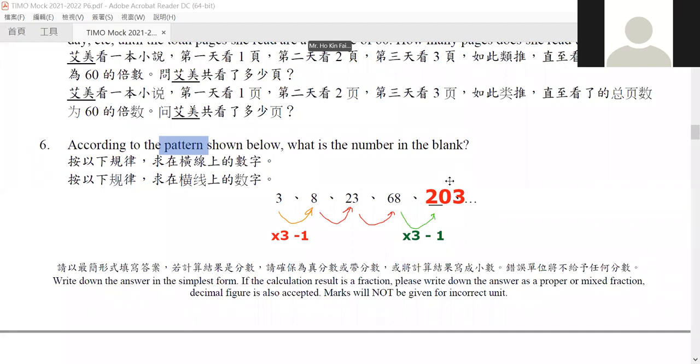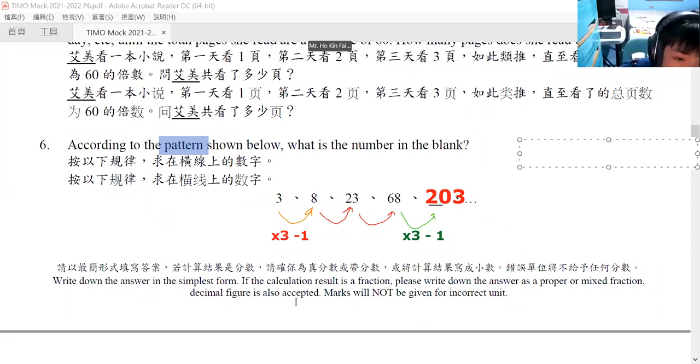Okay, so now this is the end of the section of logical thinking. Is there any question for these 6 questions? And Joseph, is there something that you want to draw so that you can show all the others?